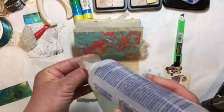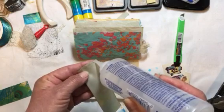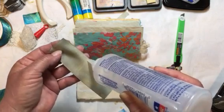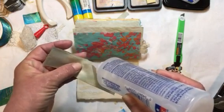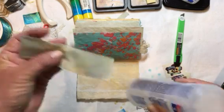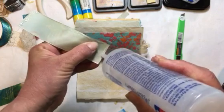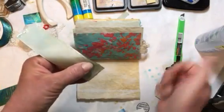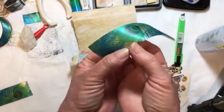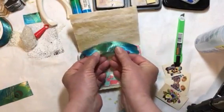And again, we'll just use the Fabri-Tac for this because it's ribbon, and it's shiny ribbon at that. Although the back is not shiny, and it has a lot of texture to it, so I think that it will really grab the glue well. But the Fabri-Tac doesn't seem to soak through as much as the tacky glue does. So, if you put the tacky glue on, instead of leaving big bumps of it, if you just make sure that you smooth it out, that helps it not look so,